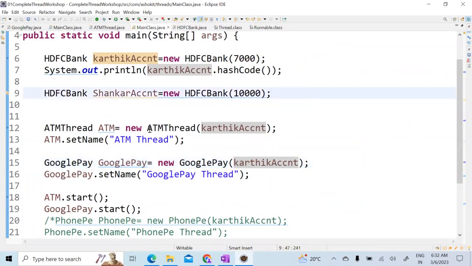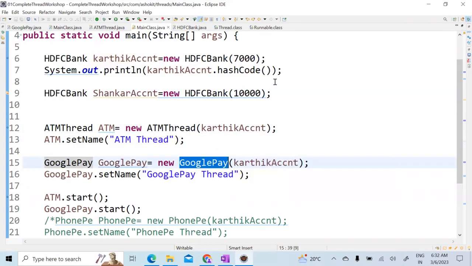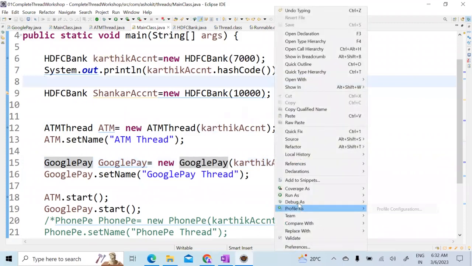Now, here I am passing the same object in this case. For the ATM thread, I am passing the Karthik account. For Google Pay also, I am passing the Karthik account. Okay. Now let us look at